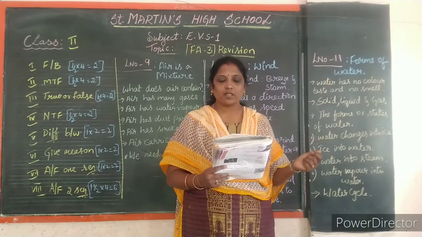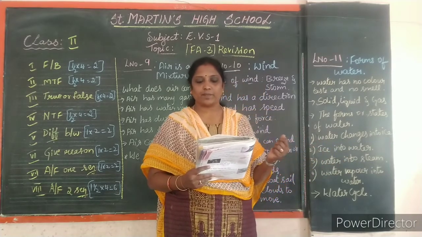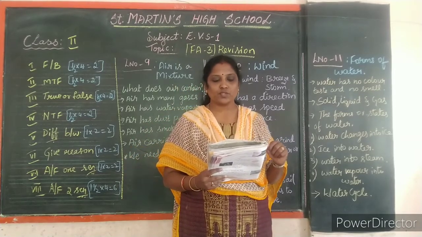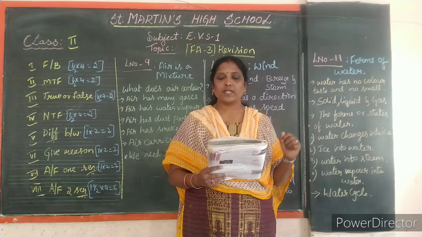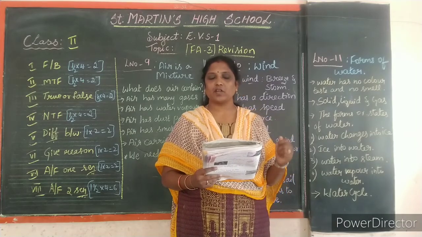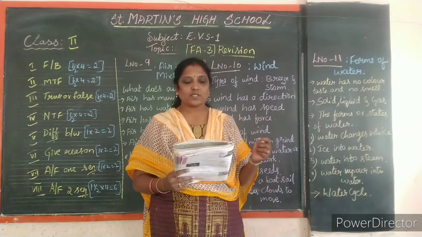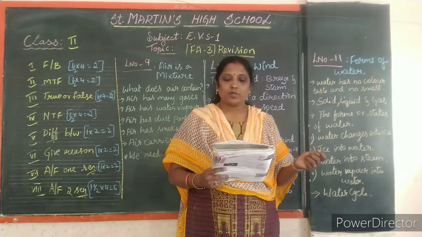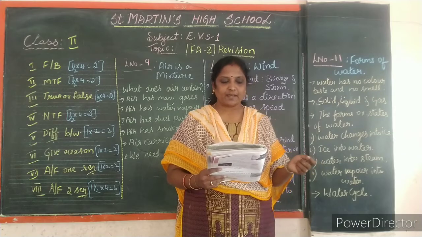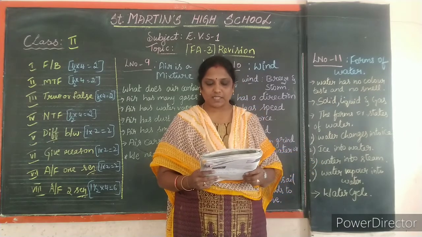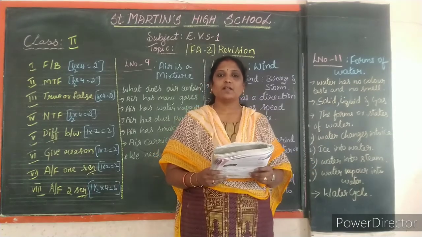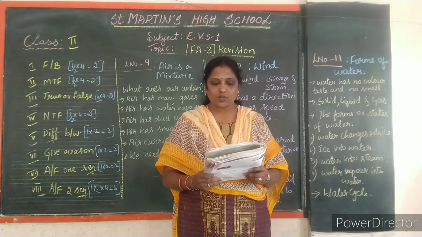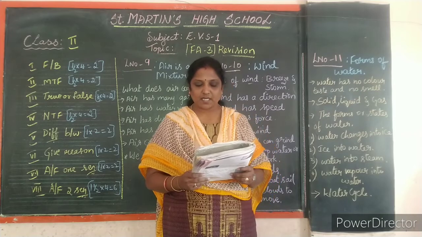The water evaporates into water vapor and rises up high in the sky and cools down to form clouds with tiny droplets of water. When the clouds melt, these water droplets come together to form rain. You can see the picture in your textbook, children. That is page number 71. The water cycle picture you have. See there: sun, clouds, rain, condensation, evaporation.